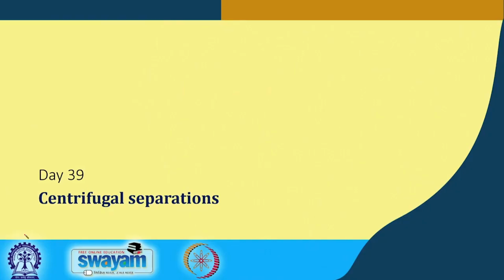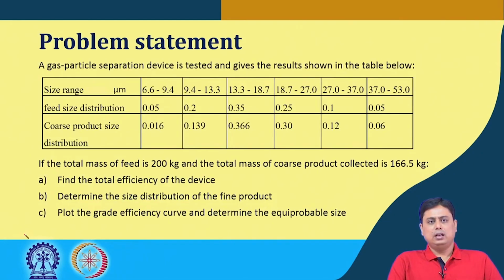We were discussing some problems related to centrifugal separation, particularly the efficiency of a cyclone separator, its grade efficiency, the scale up operations, and the problems that we did on the Stokes number and the Euler number. Now we will see this relatively simple problem, which says that a gas particle separation device is tested and